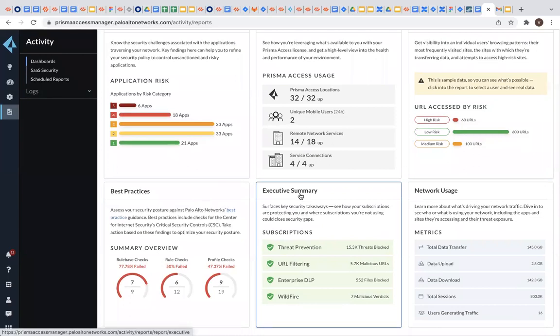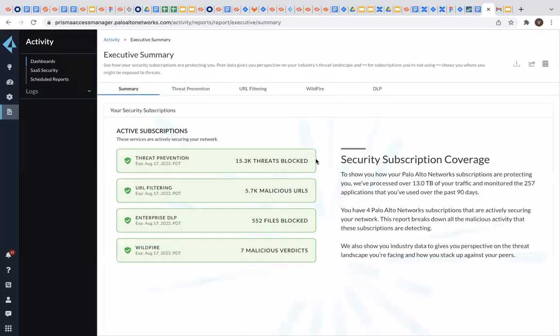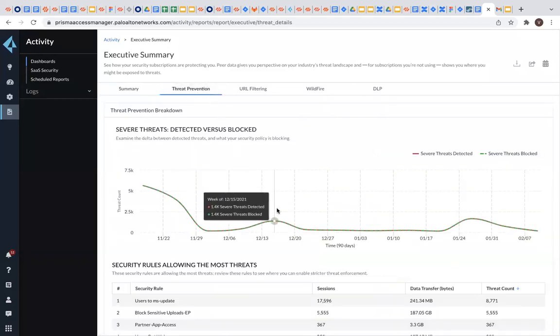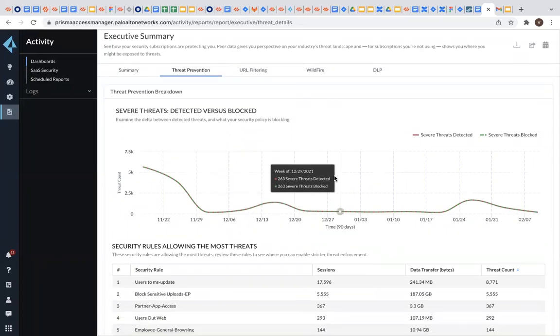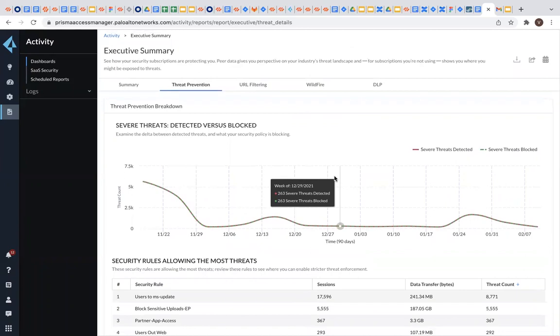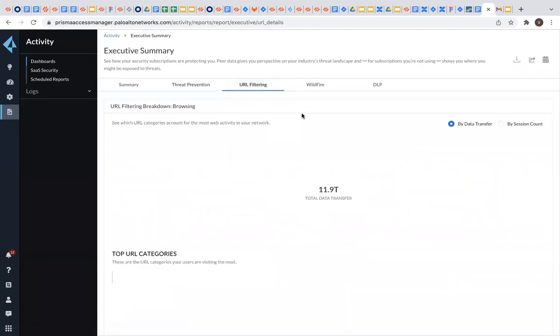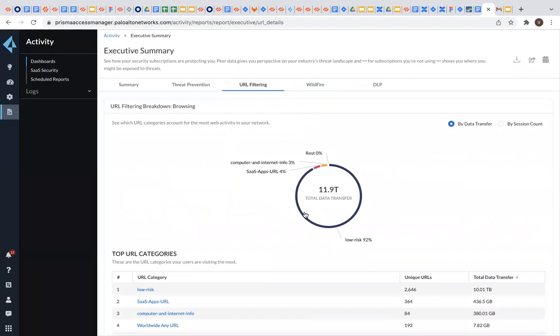The other cool part with this is the executive summary. Once you click on the executive summary, this is something for the CISOs in an enterprise to take a look at. With the subscriptions that you have, what are all the threats that we were able to block, and what are all the threats that were encountered? Depending on the configurations, how many threats were detected and blocked. Sometimes you may have alerts. It will give you that, hey, there are a couple of threats which were alerted as compared to blocked. And then from the URL filtering point,